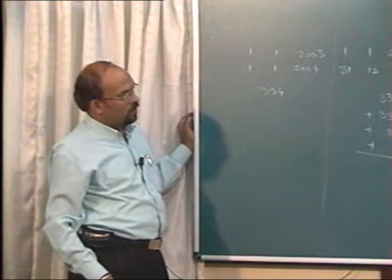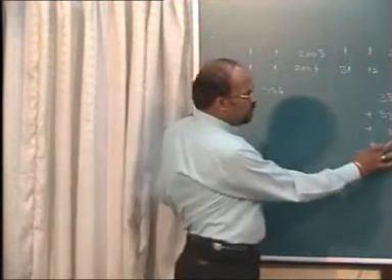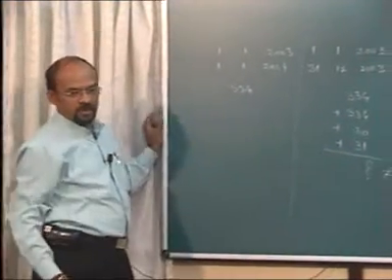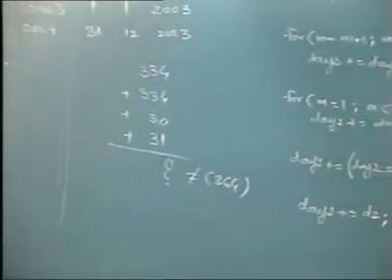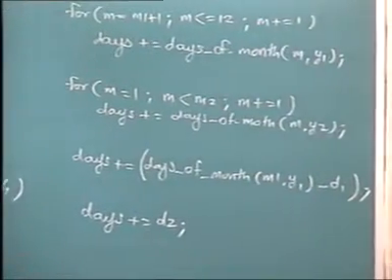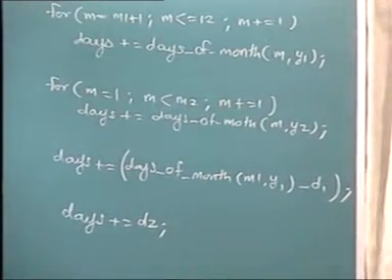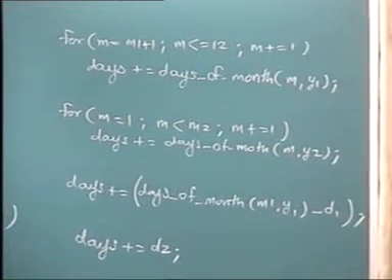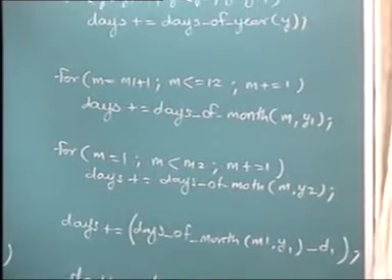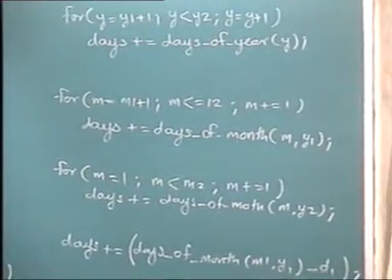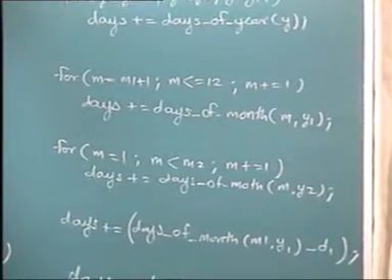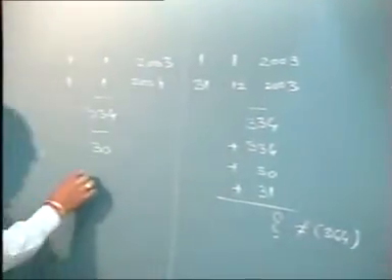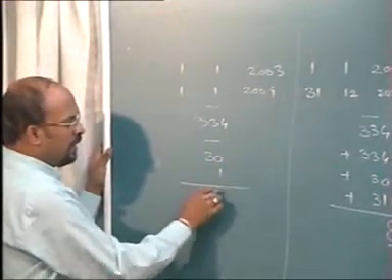Oh, this is wrong here. This should add 31, d2 had to be added. So it is becoming worse now. Even 30 days are added. So here it has not entered anything in the first loop. From the second loop 334 is added. The third loop is not going to enter. Next it will be 31 minus 1, will add 30. And the last loop will add 1, giving me the correct answer 365.